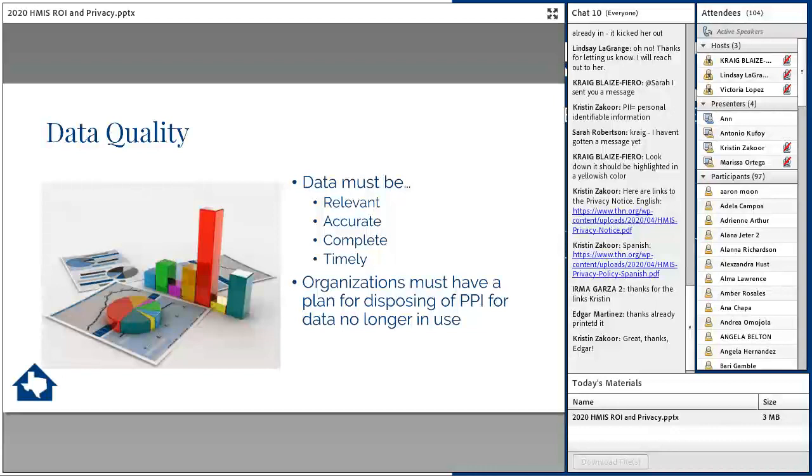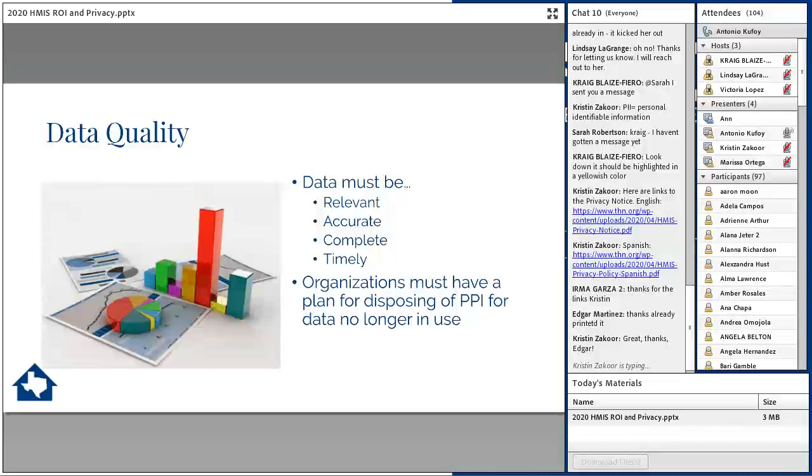And another tool that I think is really useful is the data quality report in HMIS, so the UDQ report. I suggest that everyone run one of those reports just to be familiar with the different elements that are in the data quality report.